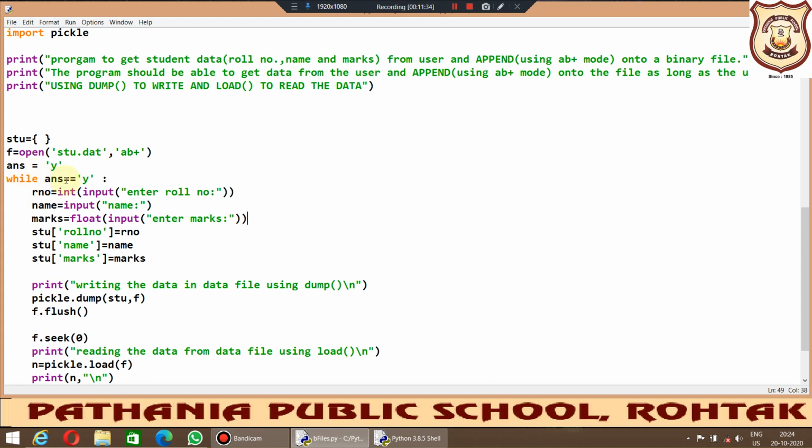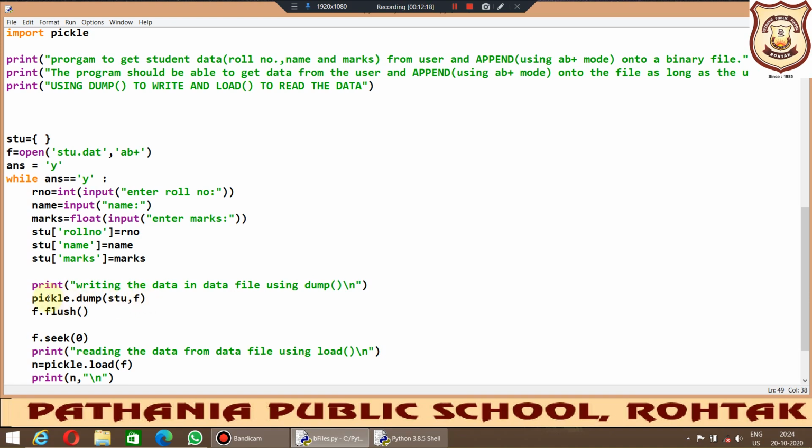Okay, so as long as the user is saying yes, the while loop will take input of the name, roll number and marks of the student. Okay, and it will be adding those records in the dictionary in the form of key value pairs. So for the first student, roll number, name and marks, in this way we will be entering, and then I have given a print statement so that you come to know that the record has been entered, but this record will be entered only in the data file, not on the Python screen. Only this print statement will be shown on the output screen, but the contents will be written inside the data file.